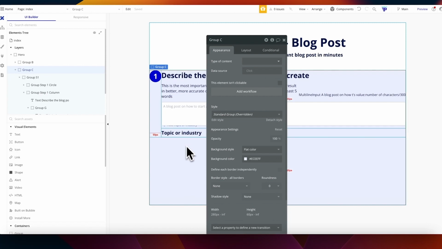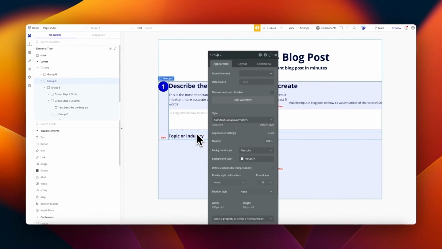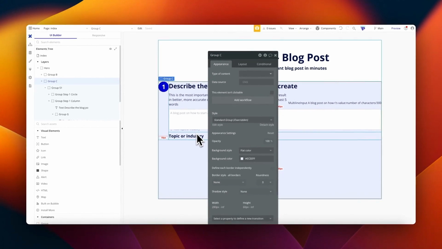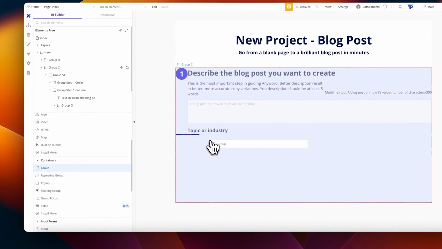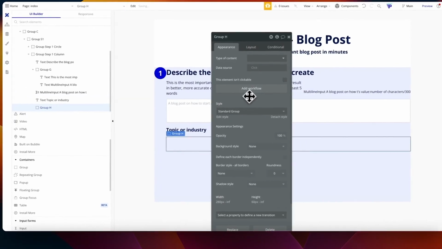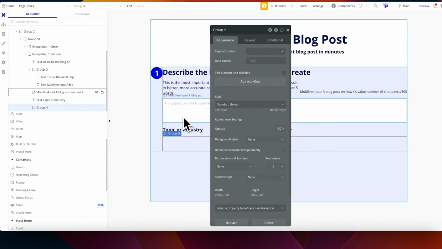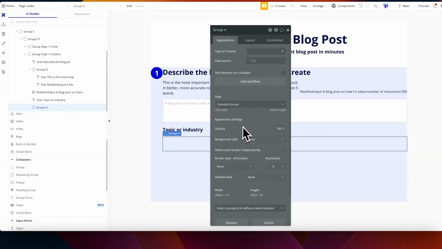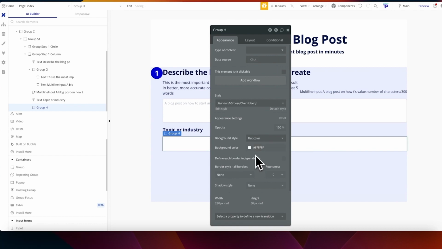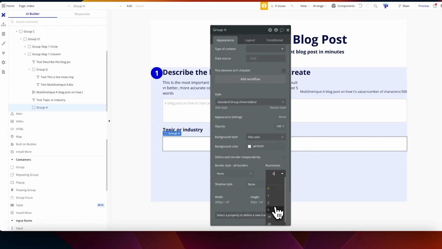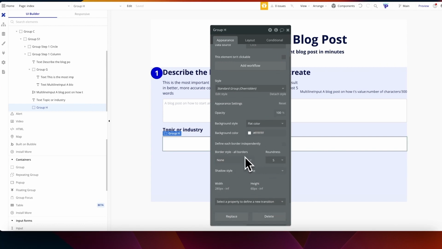Yep. And underneath that, we have a search box input. So we can use a drop down, but let's actually build this container out properly. So what I'm going to do is build this in an interesting way. So we have our group, and I'm going to set the background border of this group to the same as the multi-line input. So we're going to go background style flat color, border roundness, I think we had 5, and